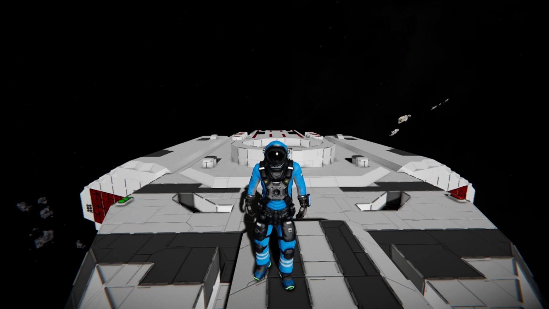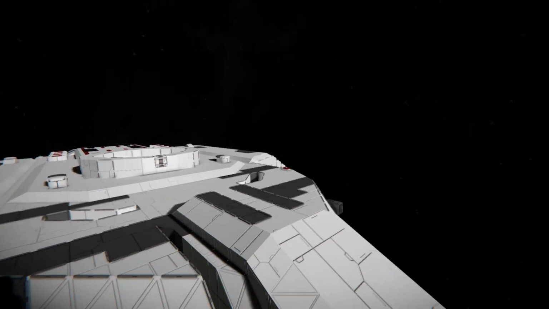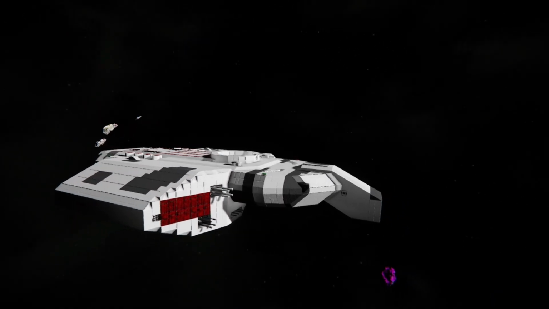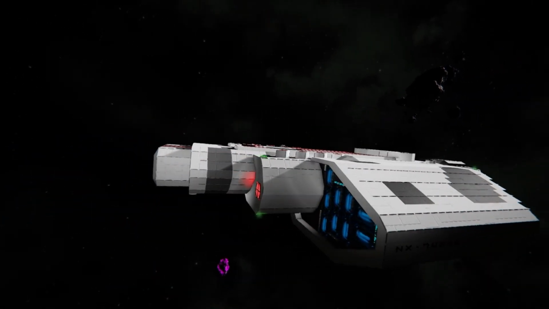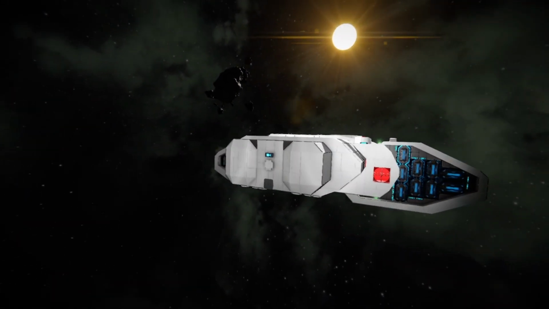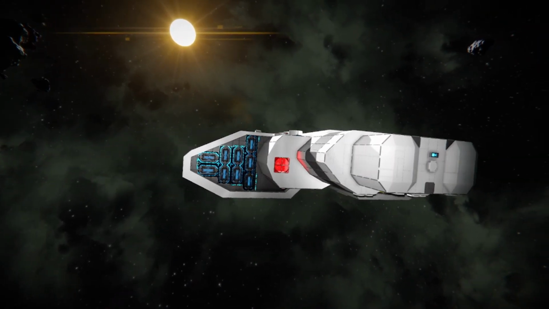Without further ado, let's get into the showcase. So like I said before, this is a small grid Defiant from Star Trek Deep Space Nine. It's quite compact and really does pack a punch in terms of power, and it's pretty fast and nimble like you would expect the Defiant to be. There's not really much to showcase in this video. It's going to be quite a quick video,